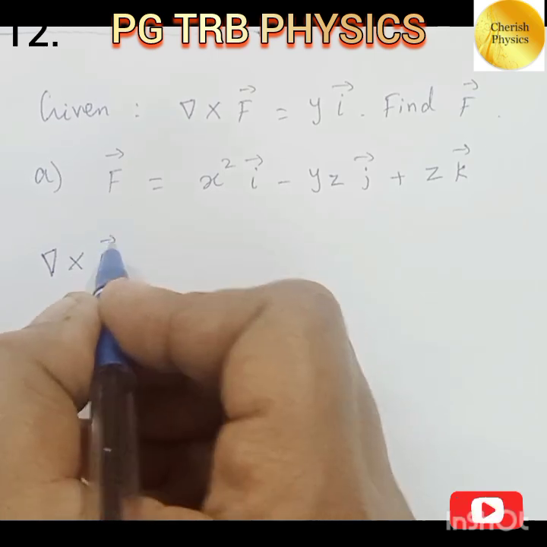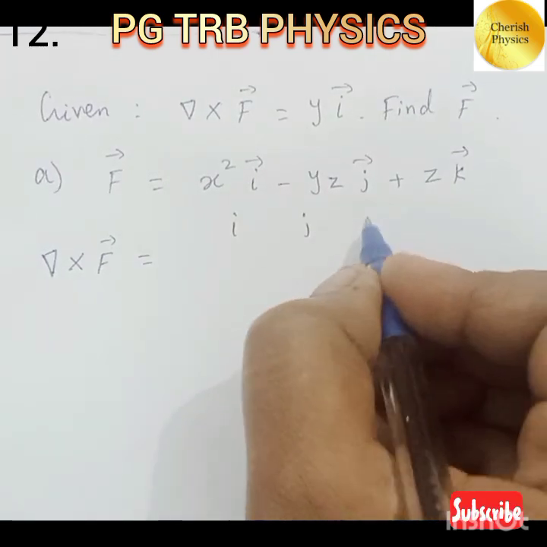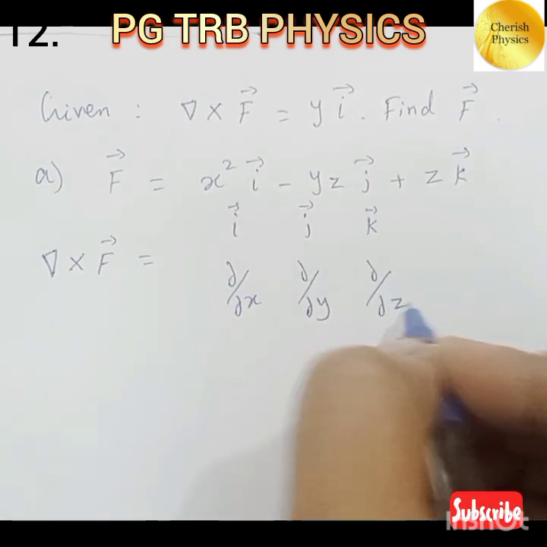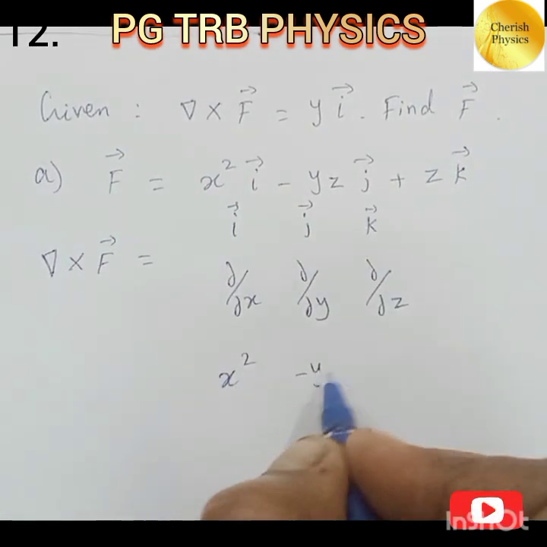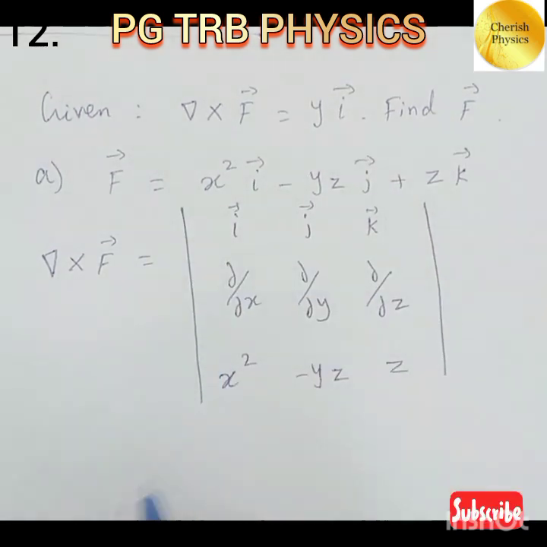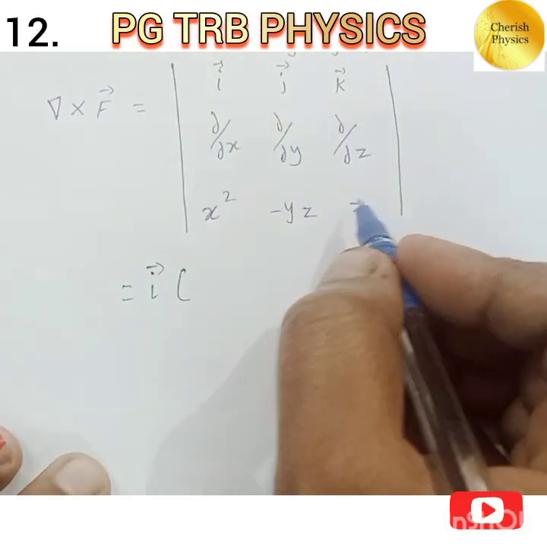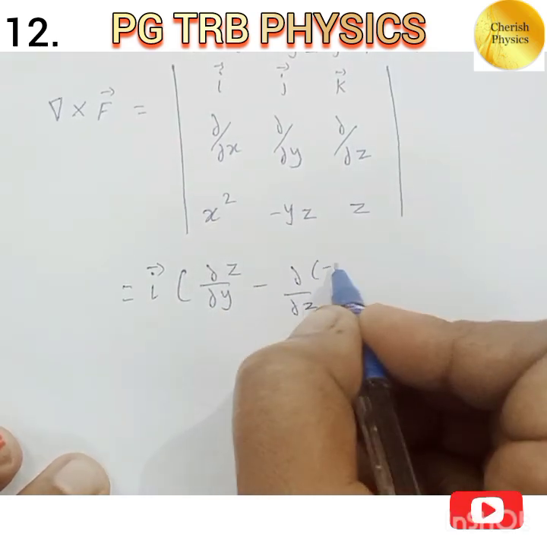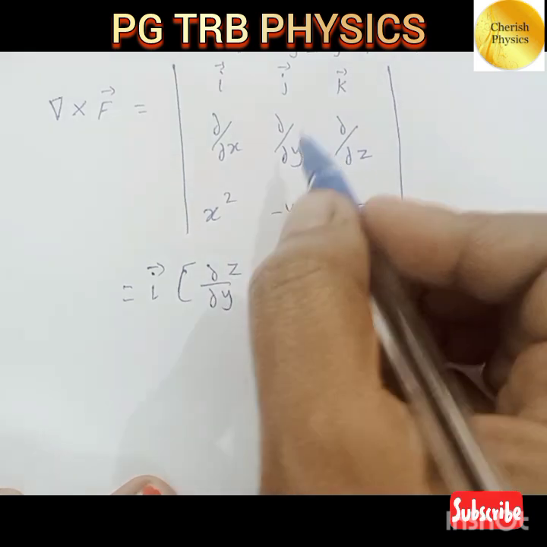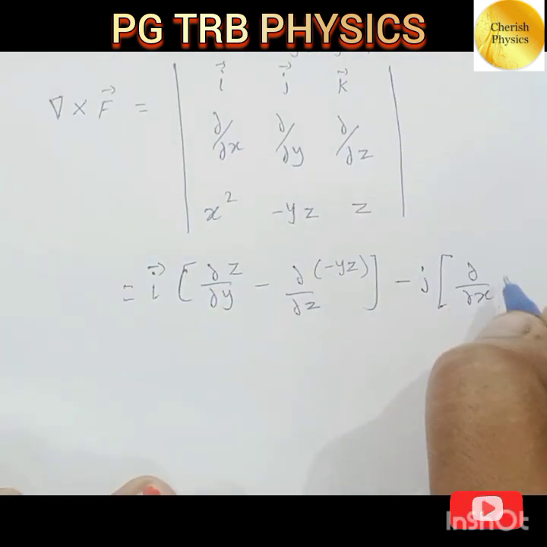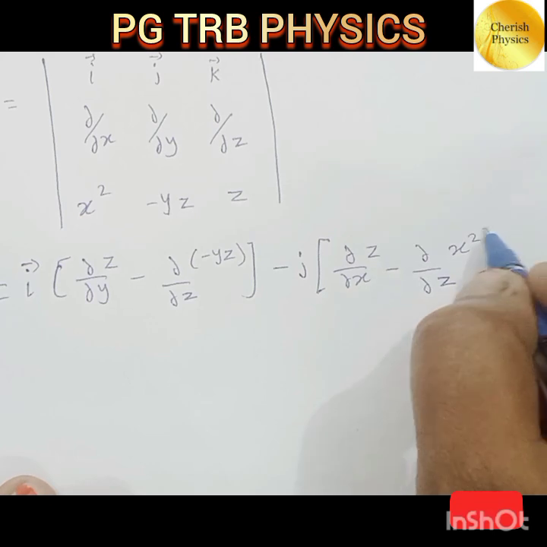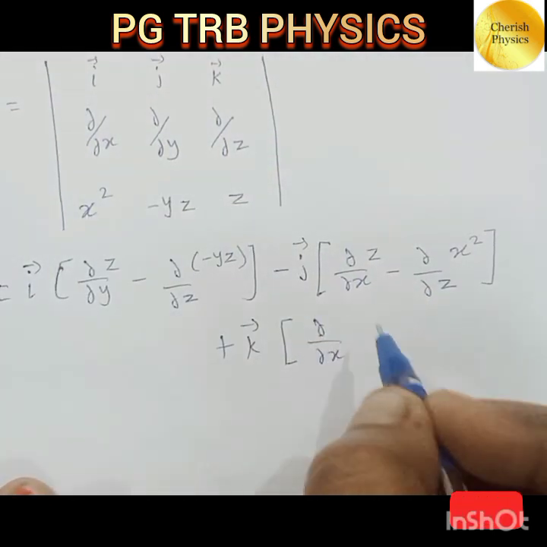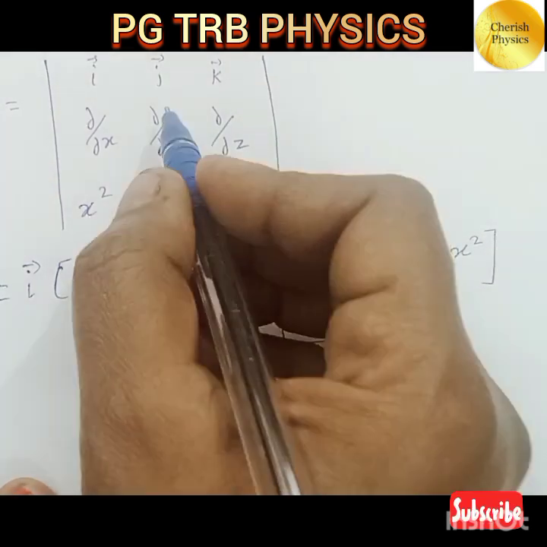Del cross F is equal to matrix of i, j, k, dou by dou x, dou by dou y, dou by dou z. Third row, x squared, minus yz, z, which is equal to i vector into dou z by dou y minus dou by dou z of minus yz minus j vector into dou z by dou x minus dou by dou z of x squared plus k vector into dou by dou x of minus yz minus dou by dou y of x squared,